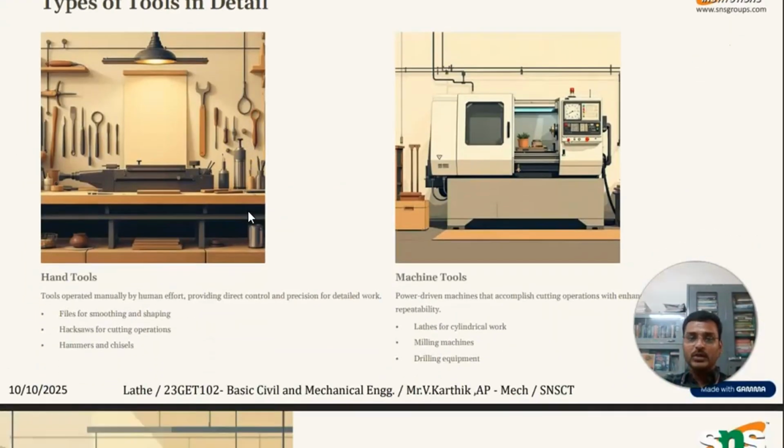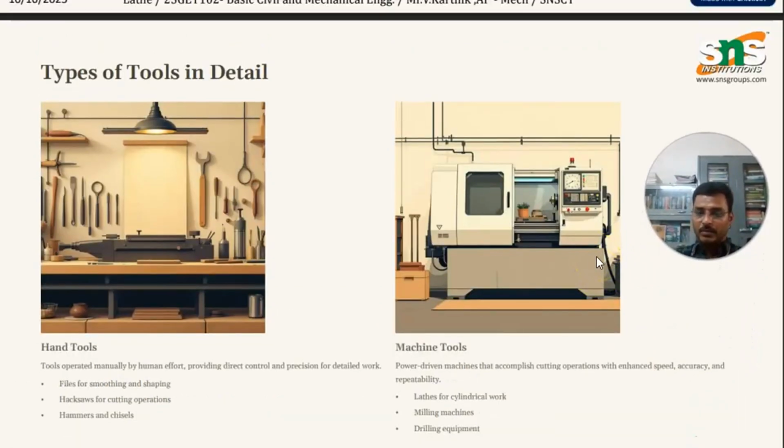Next one is the types of tool in detail. The hand tools are tools operated manually by human effort. Almost we know all the olden techniques: files for smoothing and shaping, hacksaw blade for cutting operations, and hammers and chisels to remove the scrap or some additional material in the finished product. This is a traditional technique that we still use, but now they're using machine tools like lathe for cylindrical works, milling operations, and drilling equipment. These are some of the machine tools